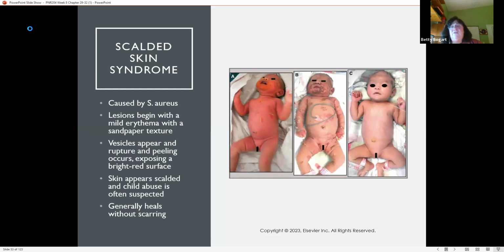Scalded skin syndrome looks like you've burned the child, like you threw hot water, and you can see how it's peeling like a big blister that's just popped. It is due to staph again. You'll see it start with a little mild redness, then you're going to see vesicles, and then when those vesicles come off, it's bright red underneath. And remember, with scalded skin, if it's a true syndrome,